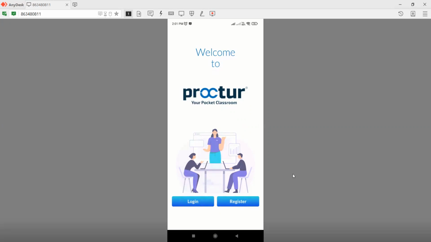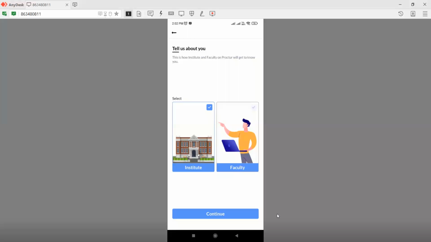Once you download this app, as you can see on my screen, there are two options available. From here you can register your mobile number. Once you register, you will get the OTP on your mobile number, and then you can register your institute.